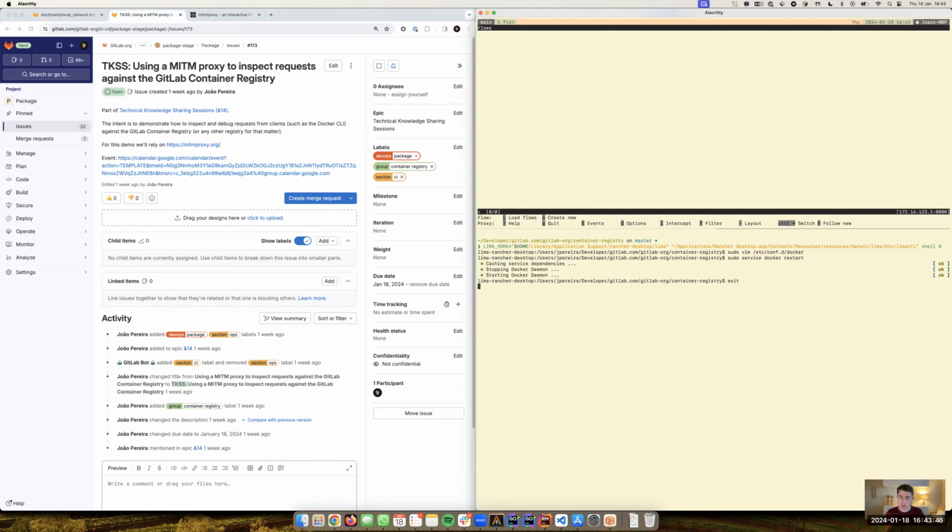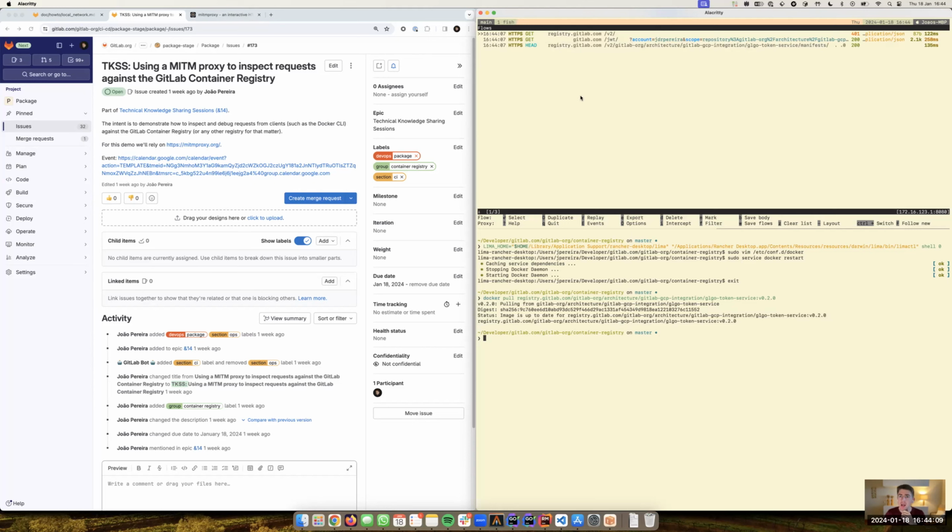It's done. And that should be it. Now, if we want to pull any image from the .com registry, it can be this one, we are going to see that the request is going to be logged in the mitmproxy, and there we can walk through each one of the requests that happened.